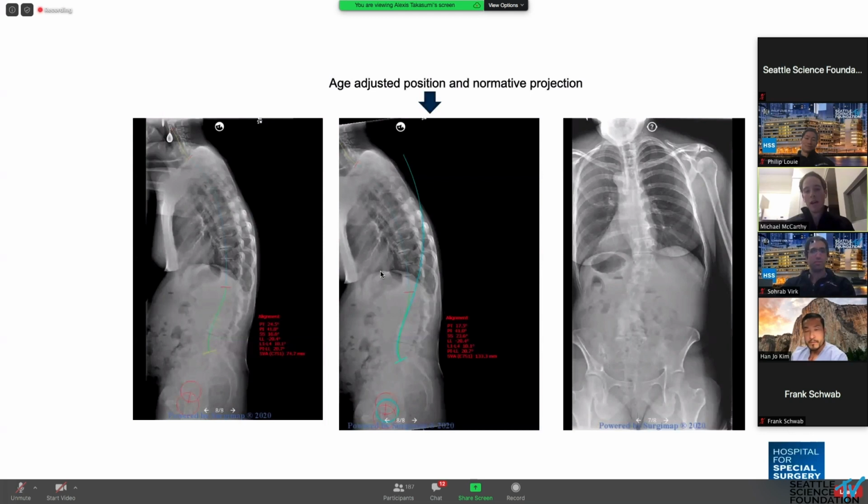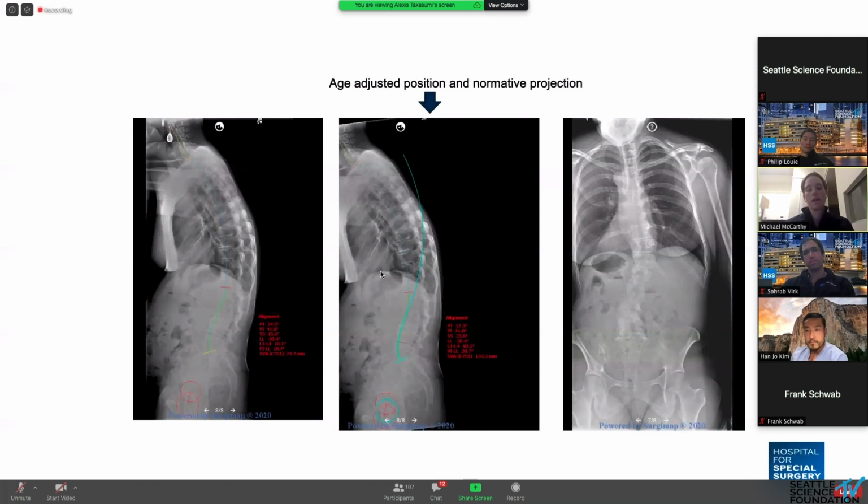So this is an X-ray actually before her prior surgery. This is before she came to us, and this is what she presented with to the outside treating surgeon initially. The reason I bring this up is to look at some of her parameters. We've mapped these in SurgiMap, and you can see that her lumbar lordosis is about 20, and her SVA is